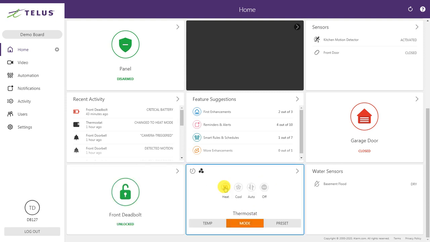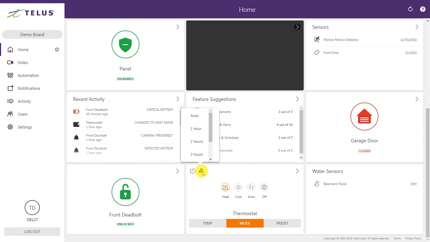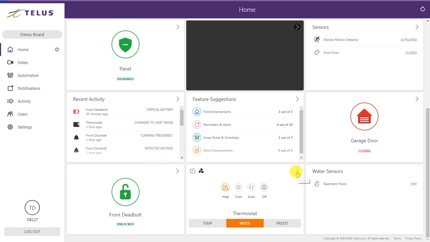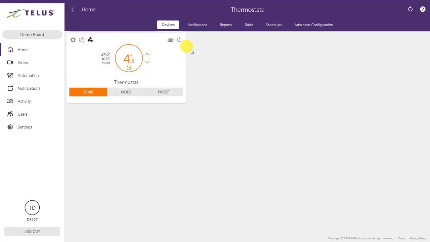You can change the mode from heat, cool, auto heat, cool, off. You can turn on the fan for a couple hours or just on auto. You can turn the schedule on or schedule off. Hit the bar above it, the arrow. If you have multiple thermostats in your house because you have multiple heating zones, they would all be listed here